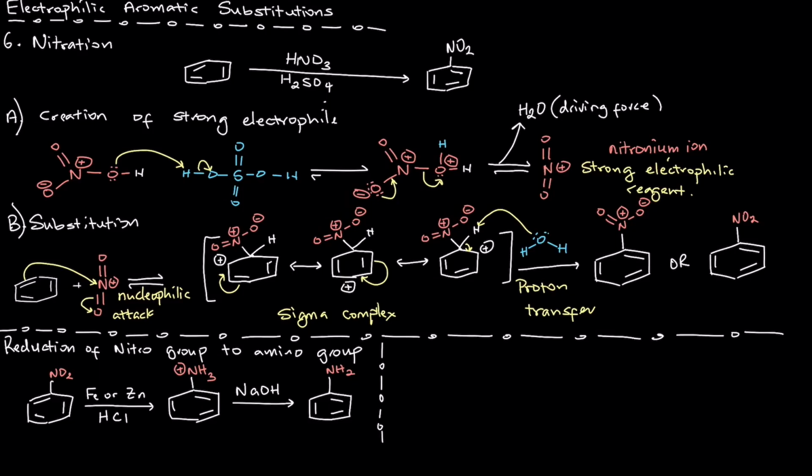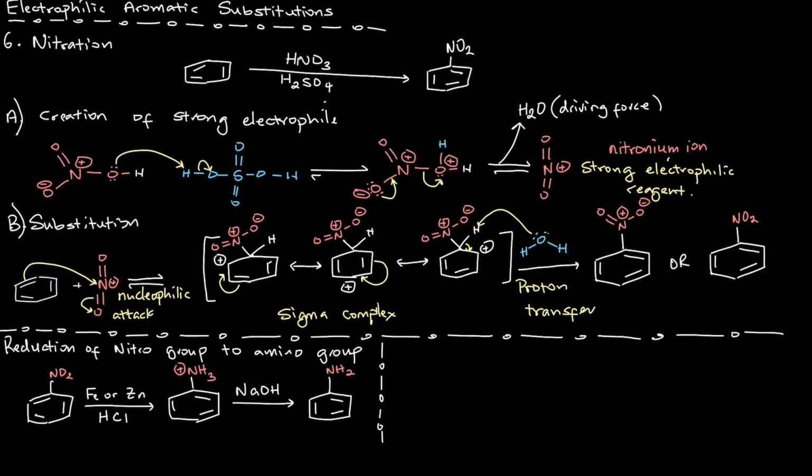So this is two synthetic steps. The first step is in an acidic solution, iron in HCl or zinc in HCl. And then the second step is just sodium hydroxide that would then deprotonate that protonated ammonium. So that's great. So now you can actually go from your nitrobenzene to your aniline in your reduction step,